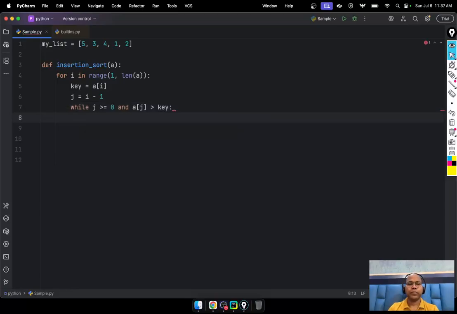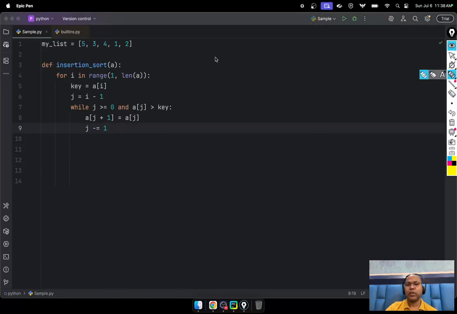So here we use a while loop. Whenever we compare, we check whether the value at this position is greater than the key, meaning the key is smaller, then we have to shift. Then we store the value in the new place. And then again, j minus one. So in this scenario,